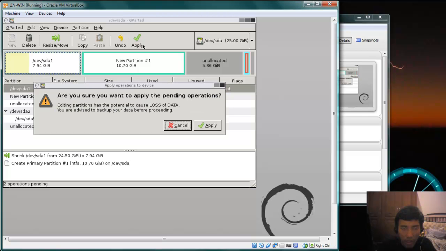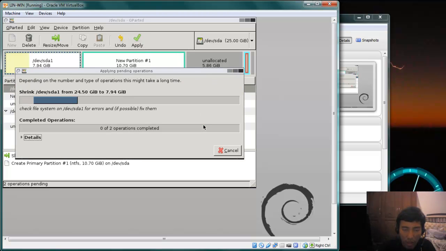After it's done, click Apply, and we wait again, waiting for the operation. The file system is being shrunk. This is the live CD of GParted, but you can use it in your Linux probably if you have one installed on Linux,